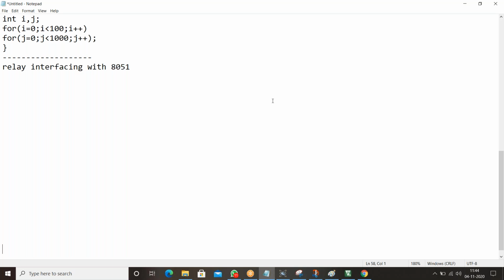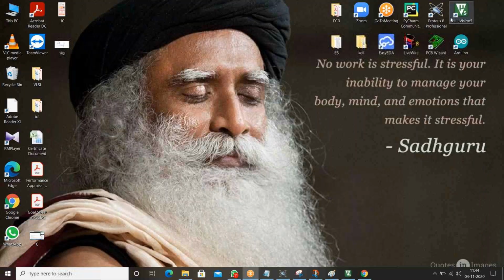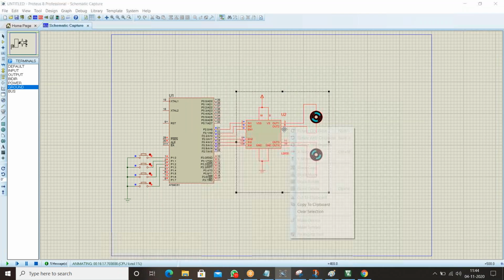Okay, open the Proteus. I hope it's already opened. Fine, let me delete this block.